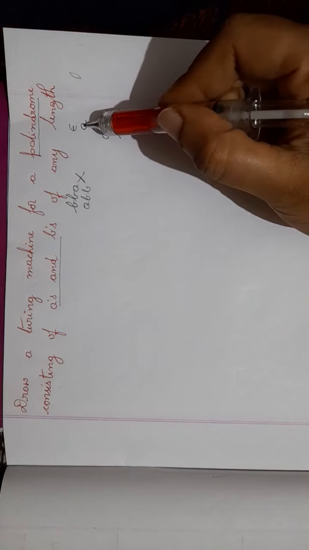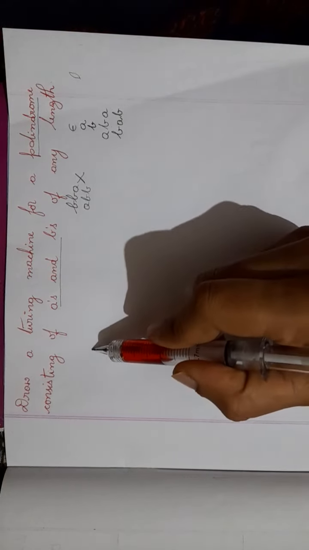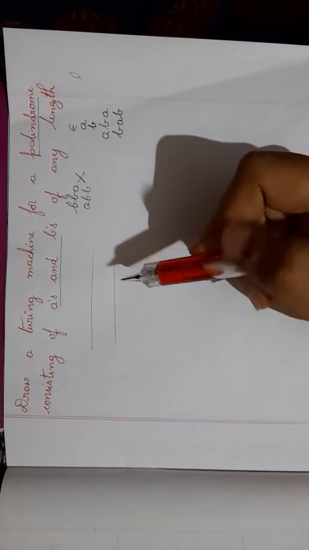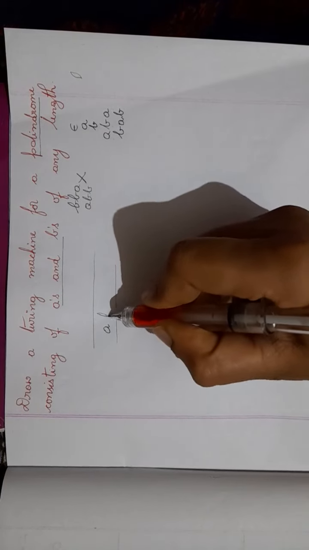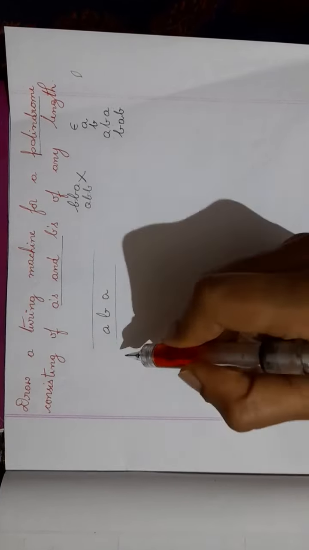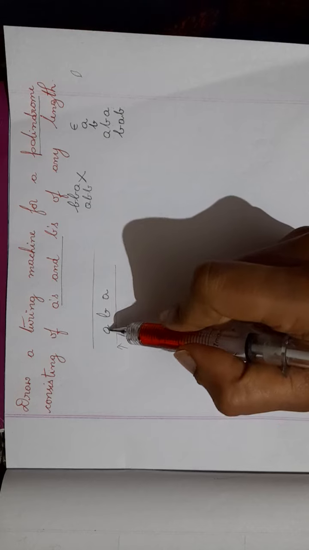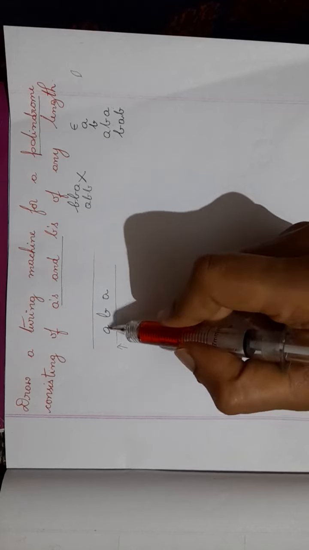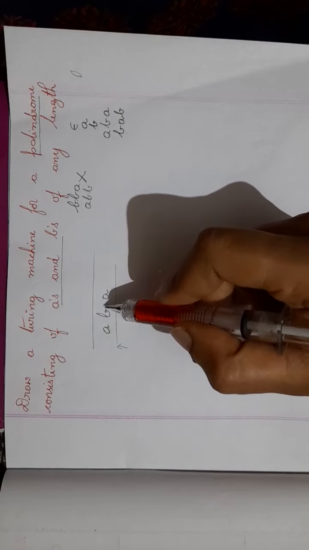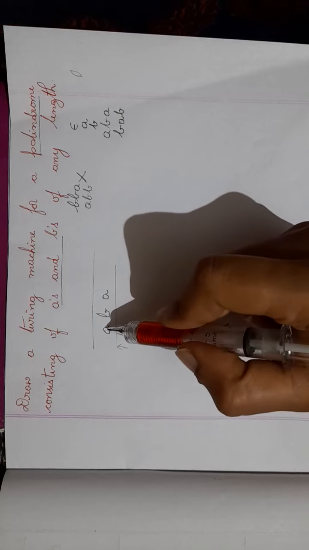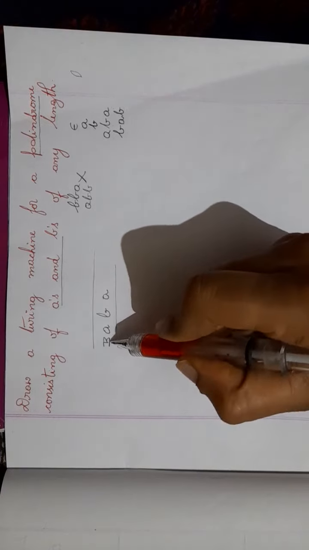First I'll start with respect to A. You know how a Turing machine works. I have a tape, and I'll consider the characters A, B, A. Initially the head will be to the left of the leftmost position. A palindrome means my first character and my last character will be the same. The first character and the last character, and then the second character and the last-but-one character, will be the same. Since I need to know which is the first one and the last one, I'll take a blank here to trace the values.